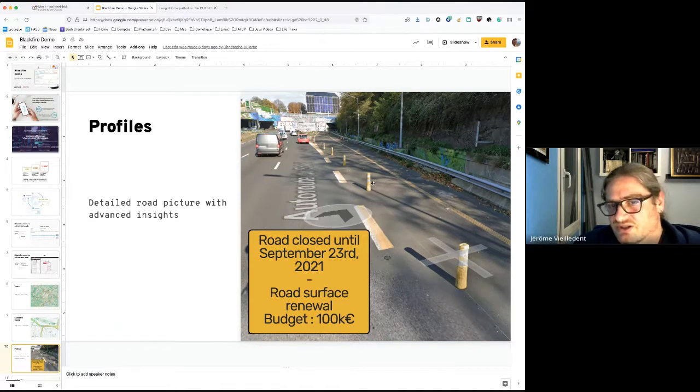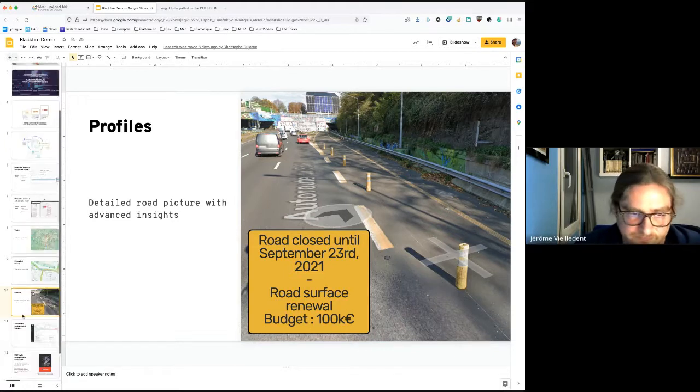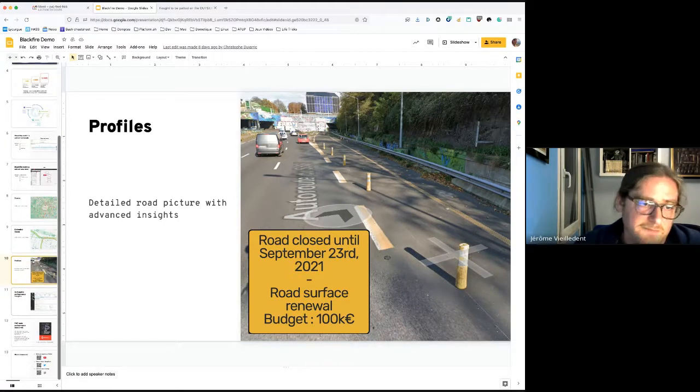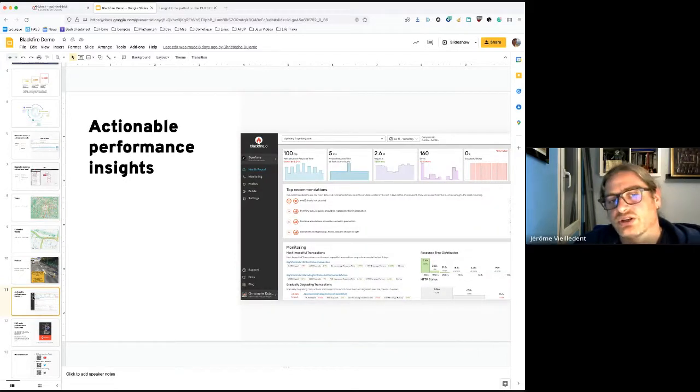So you can see that this is the road that has been closed, and you see here why, because of road surface renewal, etc. And Blackfire also gives you actionable performance insight, but we'll see that in a moment.